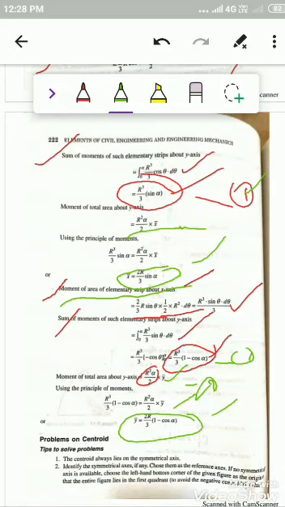This is an important derivation, the determination of the centroid of a sector of a circle. These derivations are very important. Just go through the PDF that I have sent. That covers the centroid of a rectangular lamina, triangular lamina, semicircle, quarter circle, as well as the sector of a circle. All 5 derivations are important. You have to write these derivations in the examination, so try to practice them with reference to these videos.